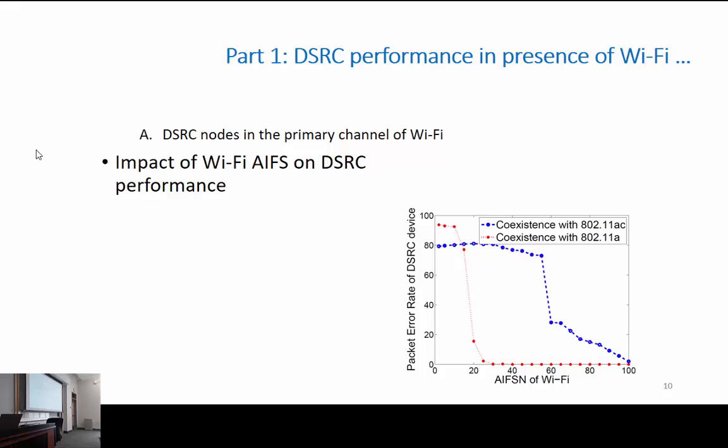We examined why this happens, because 802.11ac. And when we repeated the same experiments with 802.11a, which was the oldest Wi-Fi standard, you can achieve a zero packet error rate at about 25 or 30 AIFSN, which is much smaller than this number. So the reason for this is